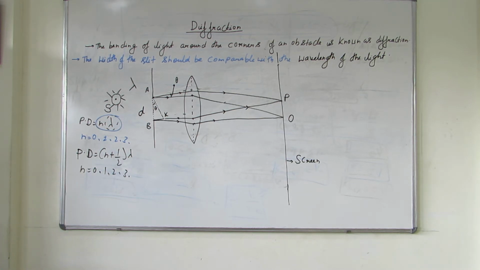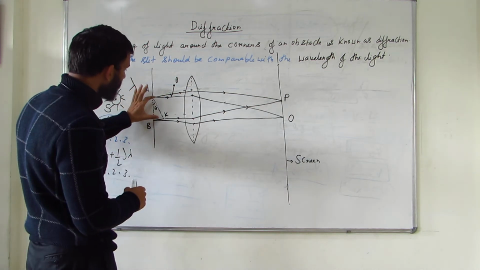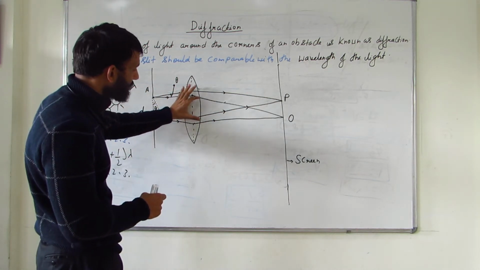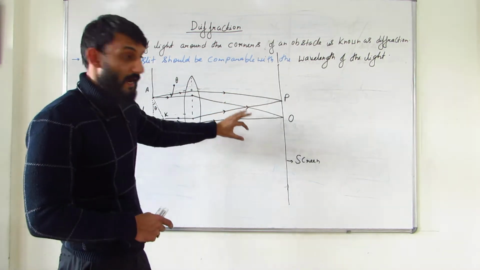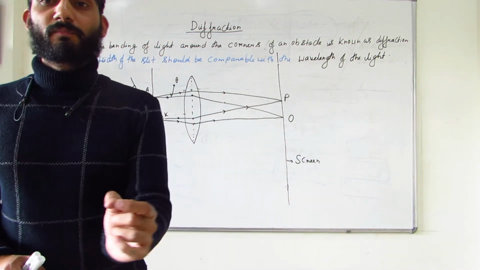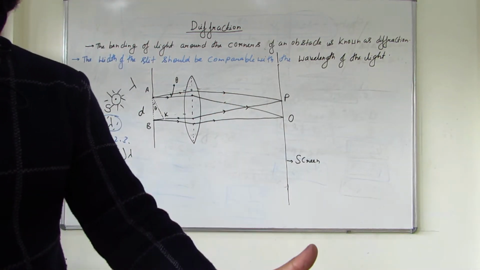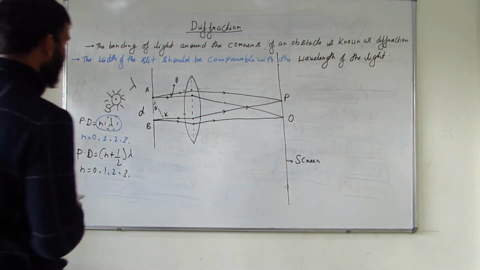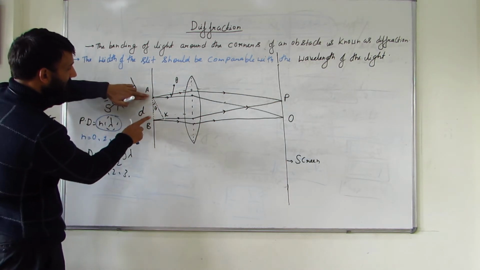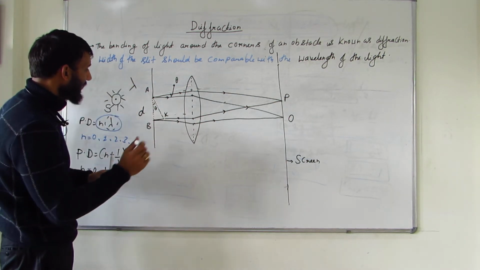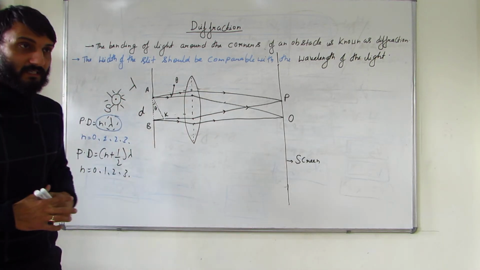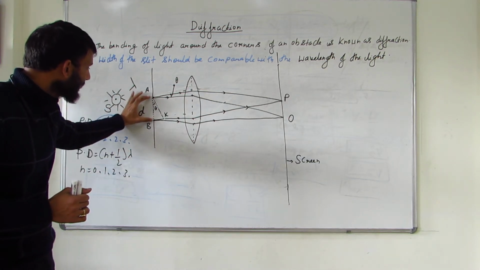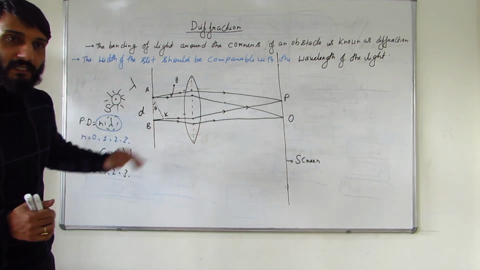Now, in order to understand this phenomenon, the waves, while traveling through space after passing through the lens, interfere with each other, and on the screen give us a few alternate bright and dark points. Now we have to explain how it is happening. Obviously this lambda is coming, so the AB wavefront must have the same wavelength. So the wavelength which is coming out of this is lambda.